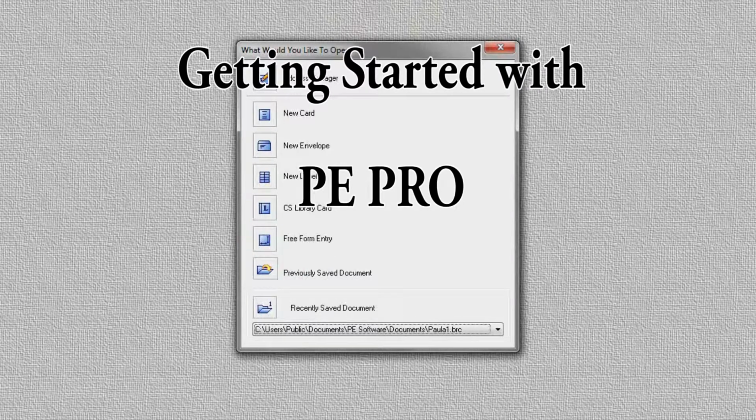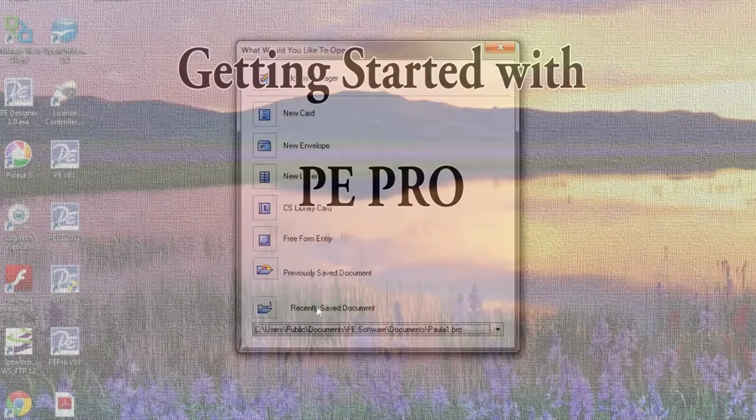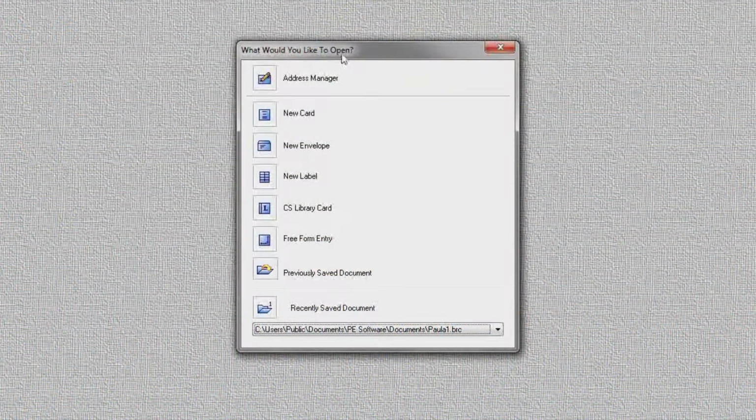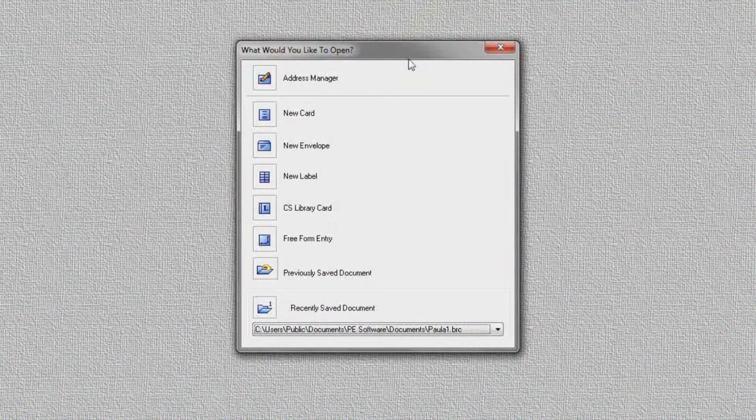This is a movie about how to get started using PE Pro. When you first launch PE Pro from the desktop icon, this "What would you like to open" dialog box will be evident on screen. For now, I'm going to close this because I'd like to show you that up here